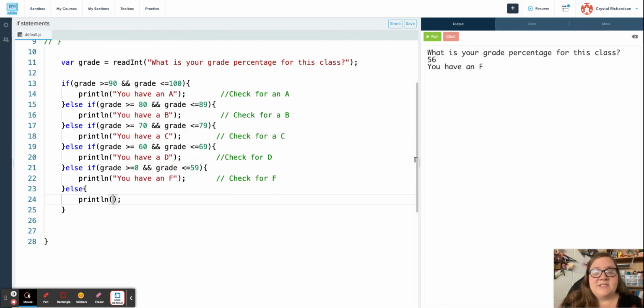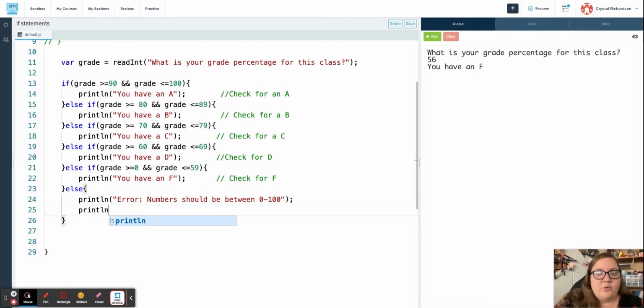Now I'm going to do 2 print messages. These messages are going to tell the user something is wrong with your input. Okay, so the first one is going to say error. Numbers should be between 0 and 100. So this tells them whatever number you put in doesn't make sense. It's not going to give you a grade. Okay. I can also do another print line statement that tells them that it's going to close the program and they need to try again. So I'm going to do stopping program. Please rerun